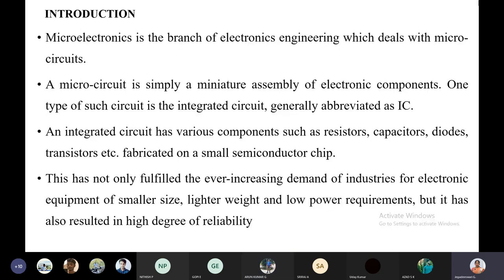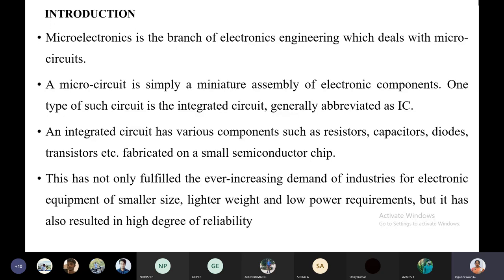If I take one IC, inside the IC I have only resistors, capacitors, diodes, and transistors. Only these will be there inside the IC. Nothing else will be there. That is the fabrication. So in the process of fabrication, you should know what is actually inside an IC. It is nothing but transistors, resistors, and capacitors. These kinds of components are available in the IC. That is nothing but an integrated circuit.